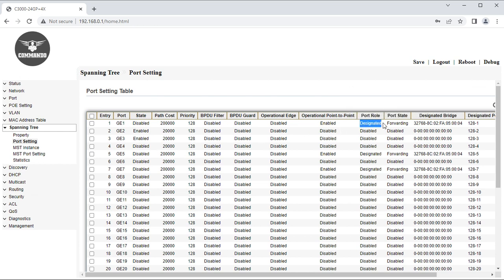So the port role will be seen on this. STP is responsible for identifying links in the network and shutting down the redundant ones, preventing possible network load. RSTP also has a failure-proof mechanism where you have backup links which will take over the failed links. MSTP will allow you